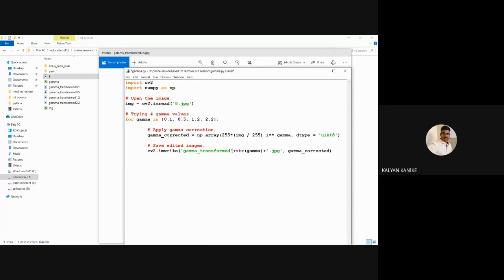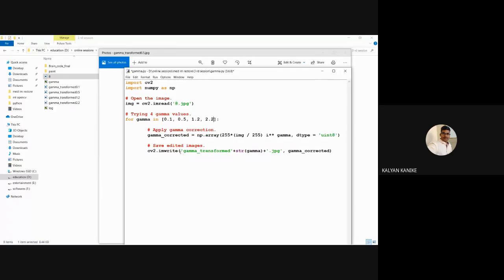Here we are going to save multiple images, so simultaneously we save for 0.1, 0.5, 1.2 and 2.2. If you want to add extra, like some higher contrast information, you can go with 2.5, or exactly 0.25, by adding a comma. Each image is going to be stored in the loop.